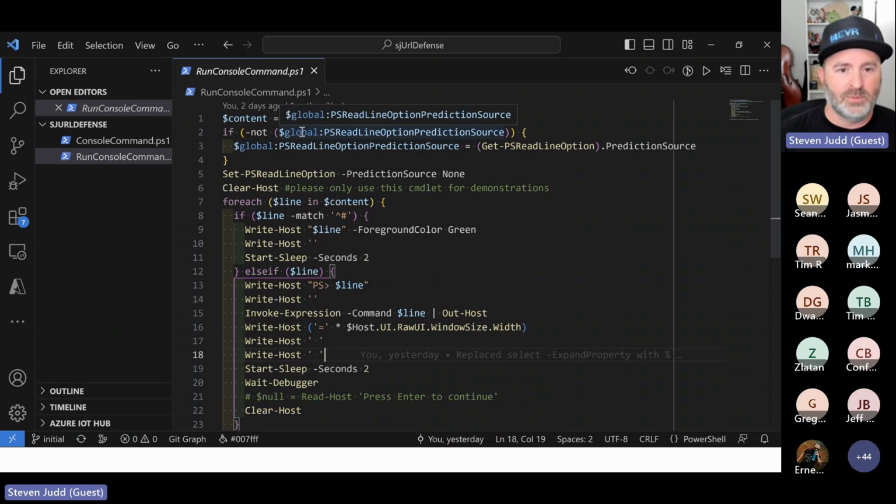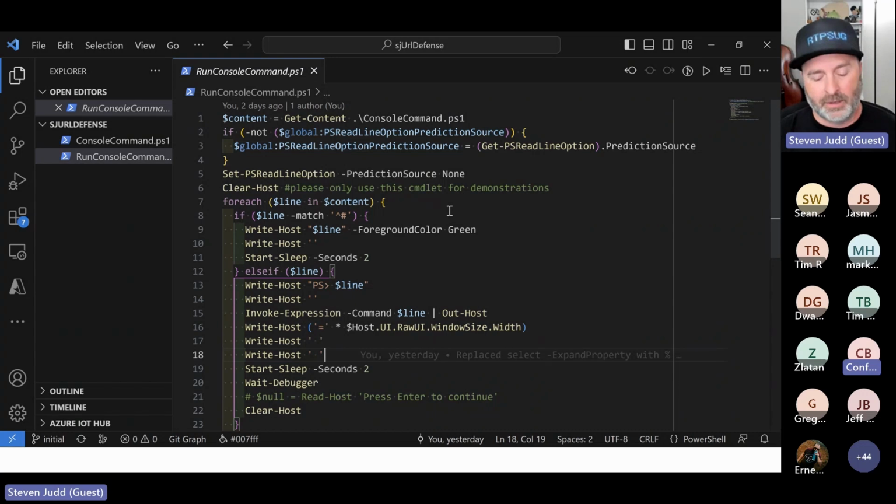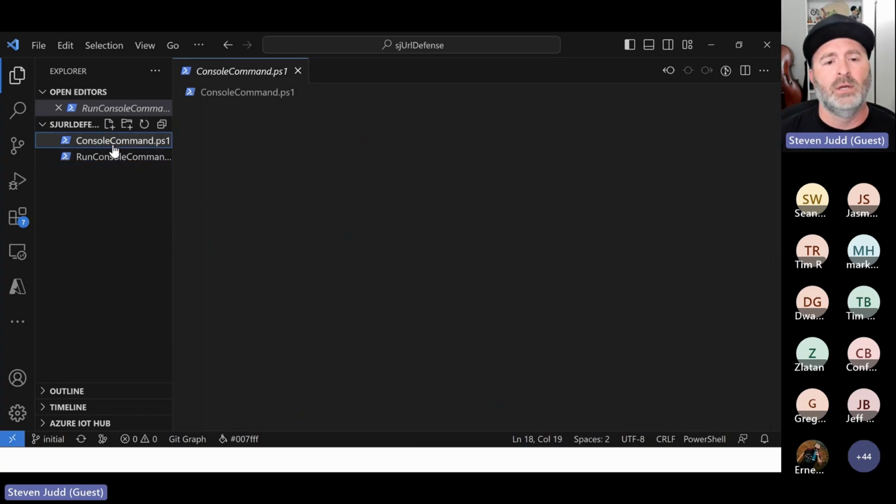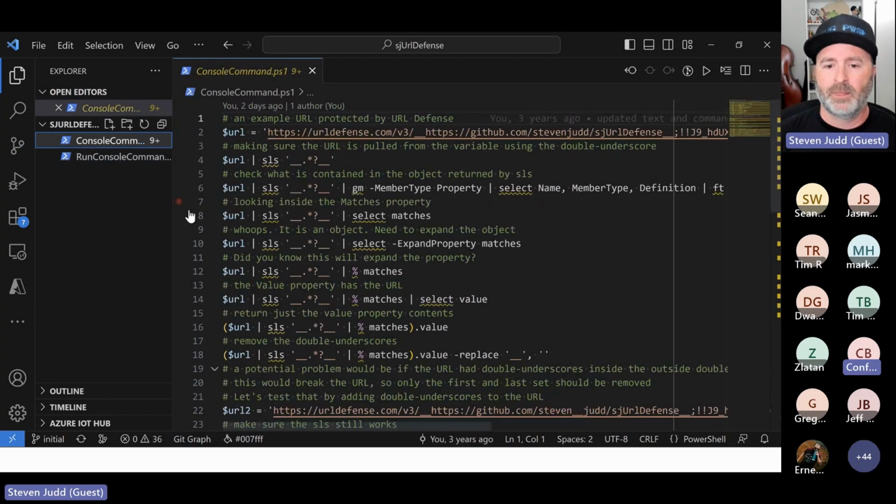Now that I've told you why I did global, don't use global. It's dangerous. Okay? We're not here to talk about global variables, but I strongly encourage people not to use global. Now, when we get into our scripts and functions, you're going to see that we don't need that stuff anymore. Oh, just for fun, here's the console commands. And this is how I did it. Cool. All right, cool. Back to the presentation.